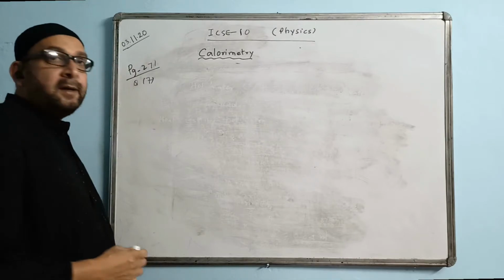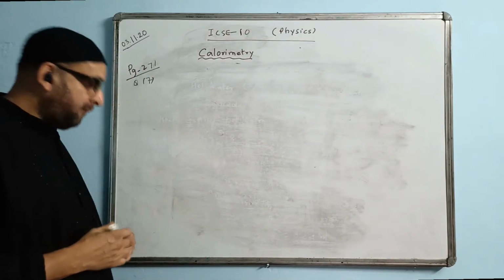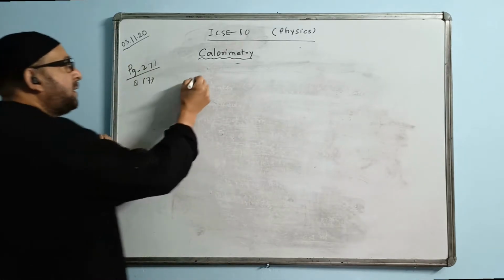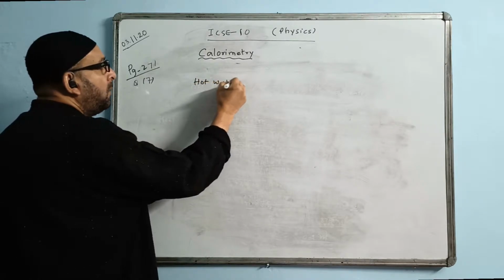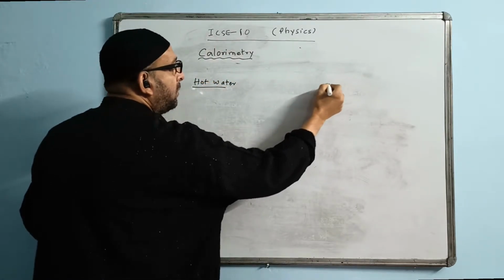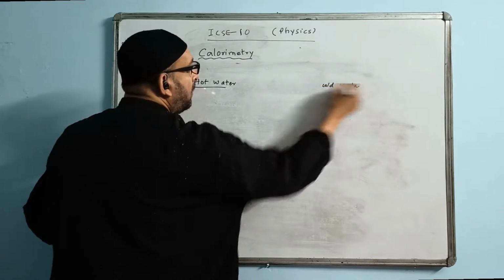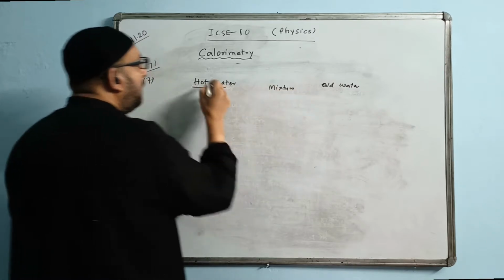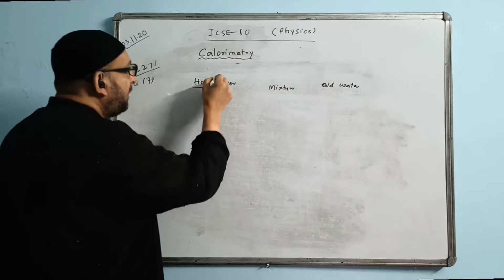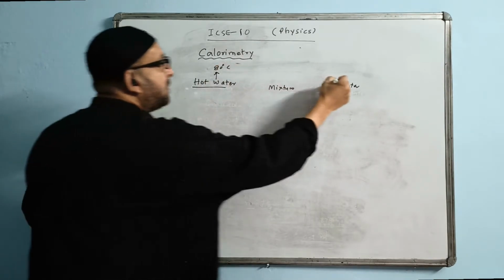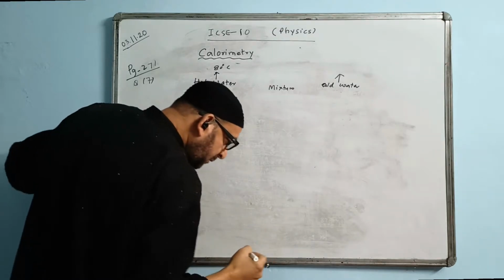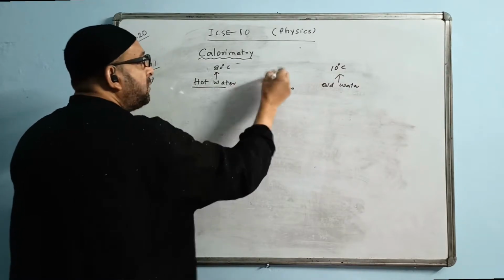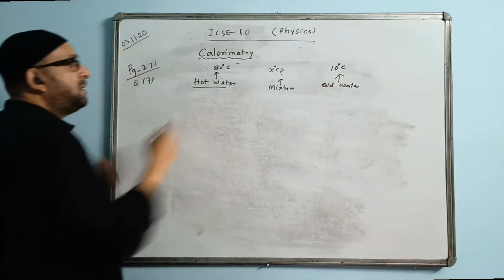Okay. Again, the situation is similar, so we do it the same way. We are having hot water and we are mixing it with the cold water. So first write here hot water. This side will add cold water. And the mixture will always be in between. Temperature of hot water is given, 80 degrees Celsius. Initial temperature of cold water is 10 degrees. Mixture temperature is unknown. This only we have to find. Let this be x degrees Celsius.